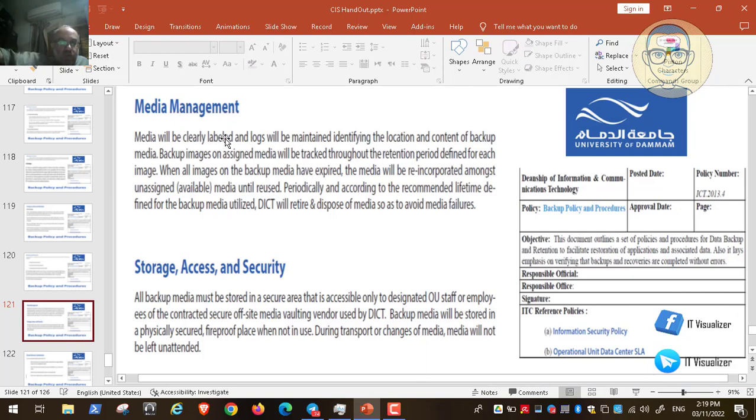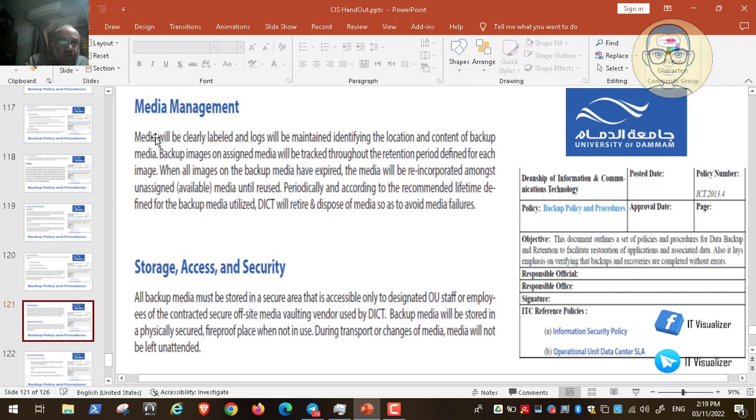He also has a policy to handle the media that you are using to store data. For example, if I am using tape drives to store data, these tape drives should be labeled. If you are taking a backup on Monday, the backup tape should be labeled Monday backup. He's saying that media will be clearly labeled and logs will be maintained identifying the location